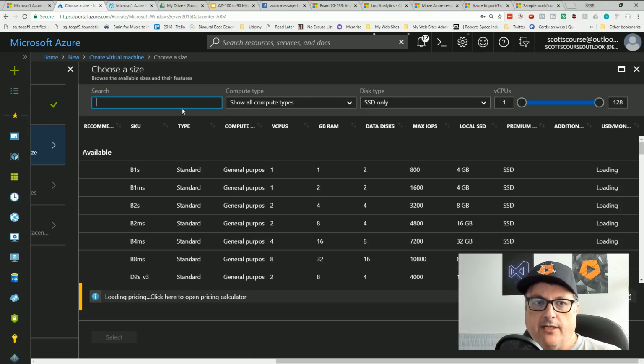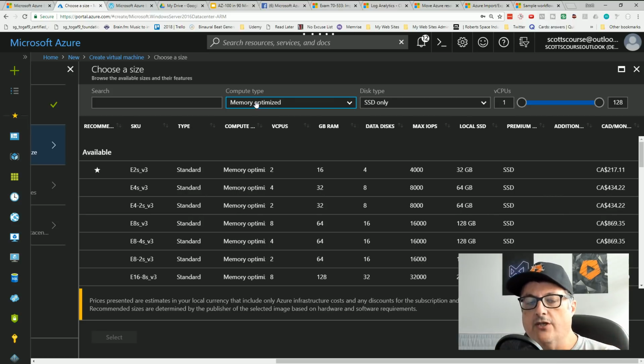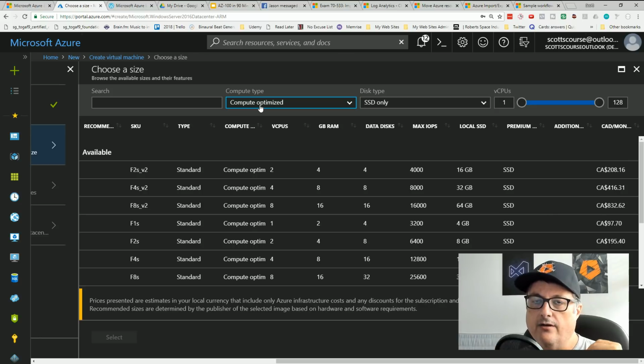Especially when it comes to virtual machines, one of the key things to understand is the types of virtual machines there are. So general purpose versus all of these: compute optimized, memory optimized, storage optimized, GPU, and high performance compute. Why? What scenarios would you want to choose a memory optimized instance type? Okay, this could be something like a database server. This is something that needs to store a lot of stuff in memory. Or in terms of compute, is it doing a lot of calculations? Are there back-end jobs that are running? Not much user interface stuff, not much stuff being stored in memory, but just the CPU needs to be focused.